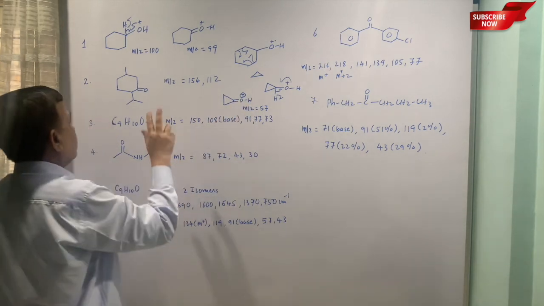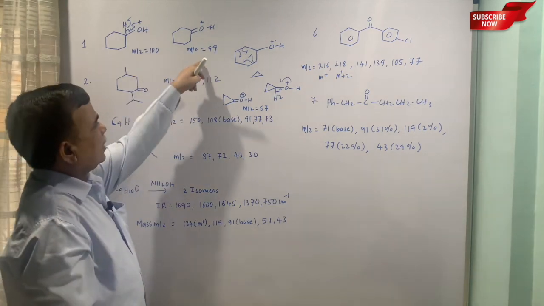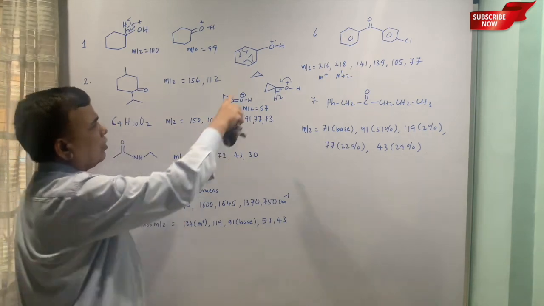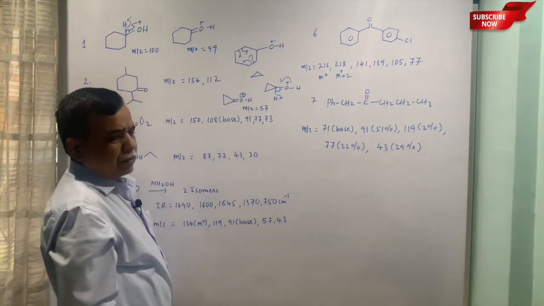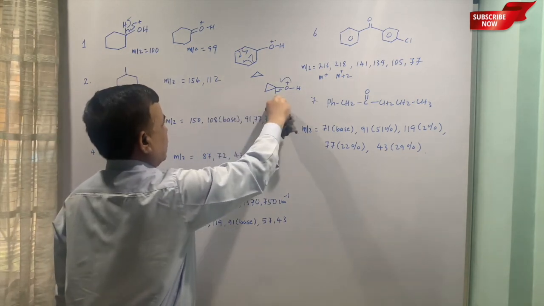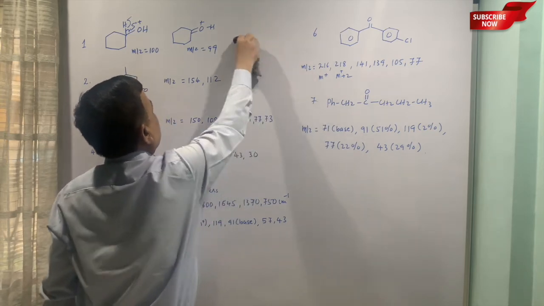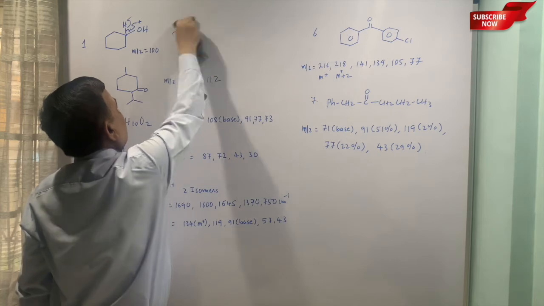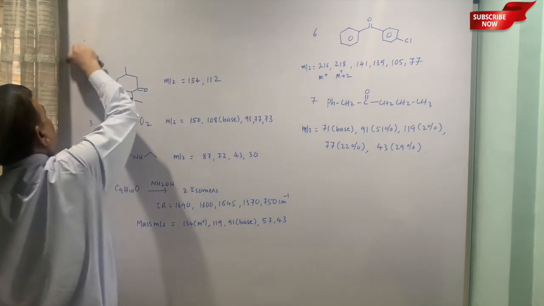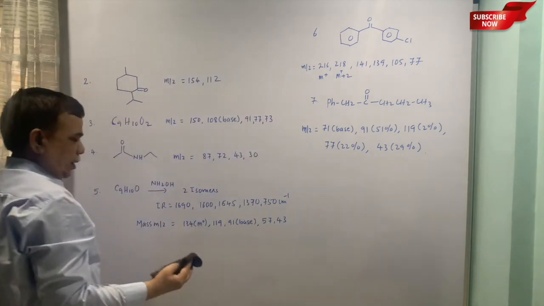So this is the answer for first 100, 99 and 57. All can be explained. The neutral molecule cyclopropane goes off, so that will not give any peak, but the positively charged species, they will be detected by the detectors in mass spectrometer, and you will get the abundance for those peaks. Okay.